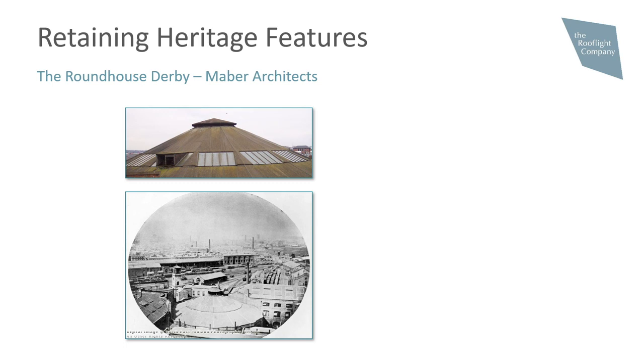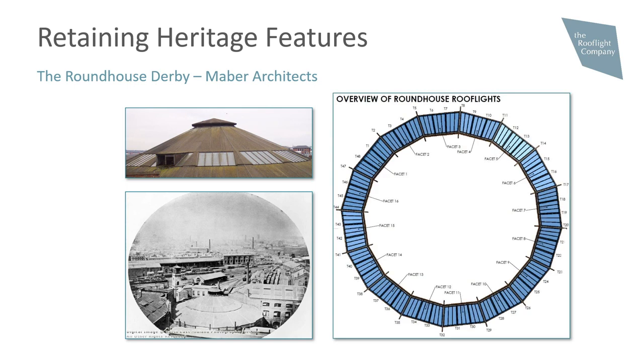Some of the buildings had suffered up to 20 years of neglect. As a result, the scale of the project was large, with a contract duration of 22 months. The challenge from a design point of view was to replicate the original roundhouse top lighting, ensuring the heritage features remained, yet the units performed to modern standards, including electric actuation to allow natural ventilation to the vast public space